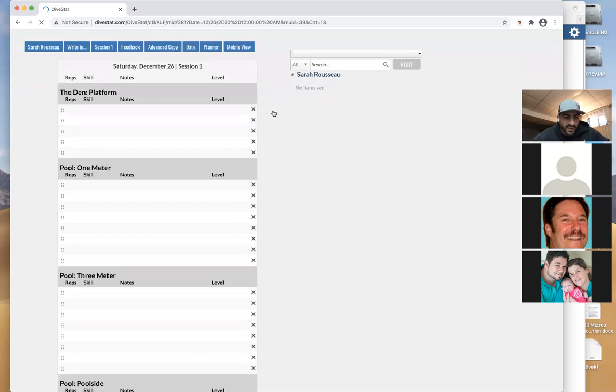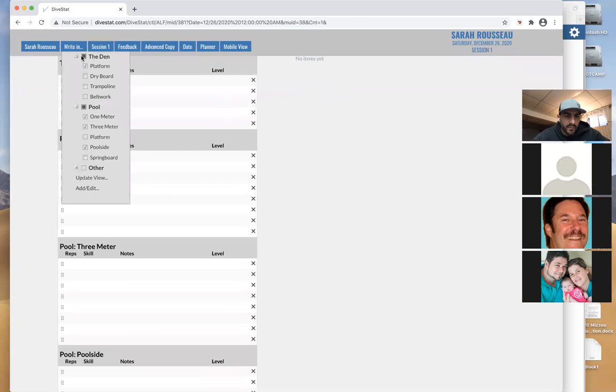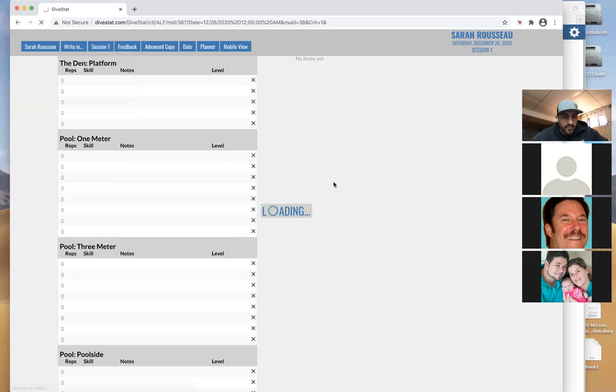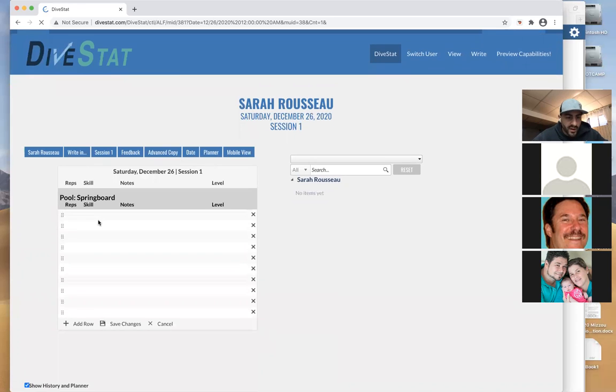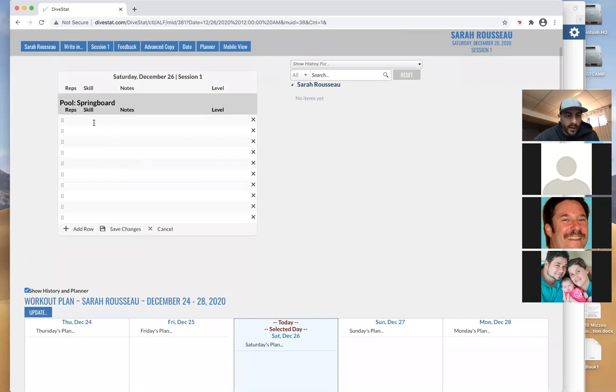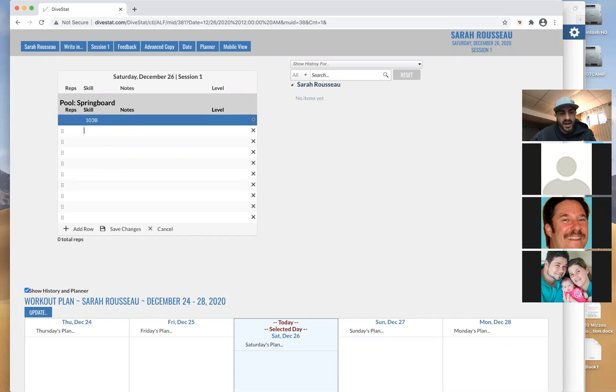So you come to the 26th, and now I'm not going to write in there, but I am going to write in my springboard only. So if I was writing a springboard workout, I'd say 103B. Disclaimer: I think there are a bunch of different ways to write workouts in your mind, and I think this kind of allows, it's very Excel